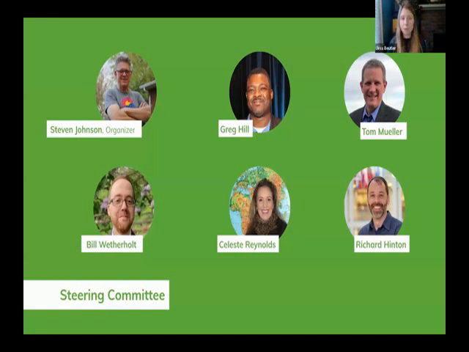Even though it is a program of OpenStreetMap US, it is still largely volunteer run. We have an amazing steering committee that helps keep the wheels turning on this. Importantly, they are all educators, which I think is a nice aspect of this group. Everyone you see here is either a high school or a university level educator.